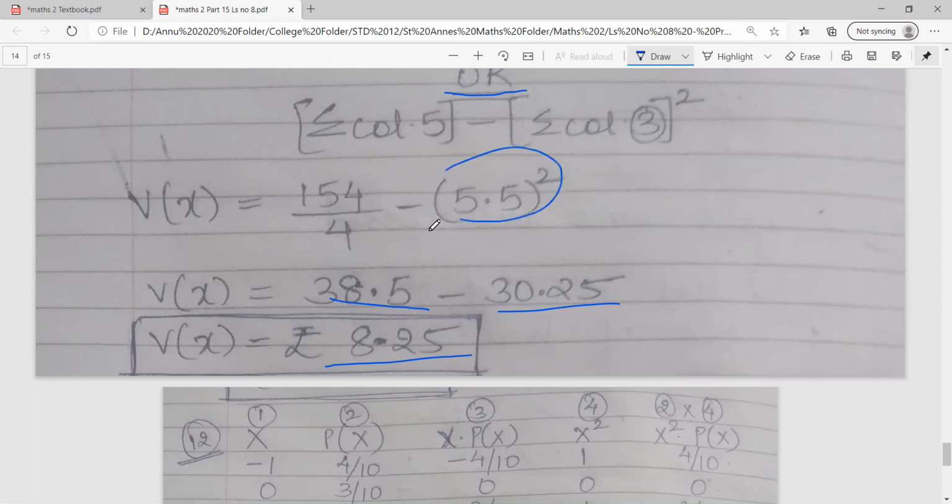Now to remove the square of such numbers having 5, like 5, 15, 25, 35, this line of 5, squaring these is very easy. I'll explain you a trick. Suppose 15 square, you all know, equals 15 into 15, 225. But I'll tell you a trick, how the square of 15 is found.